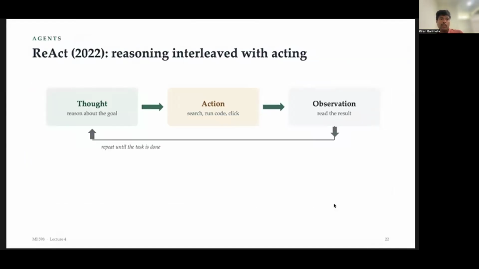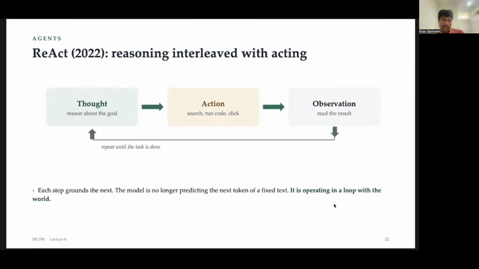So okay, now we come to this agentic time, right? How did we get to agents? So the title of the talk. So finally, we get to agents. Basically, what happens is you take this sort of thinking, action, and observation, you put that in a loop, and this is how you get agents, right? The loop is the model produces a thought, which is reasoning, takes an action, like search or run a piece of code or read a file, gets an observation that is the result of that, and then goes back into thinking and so on.